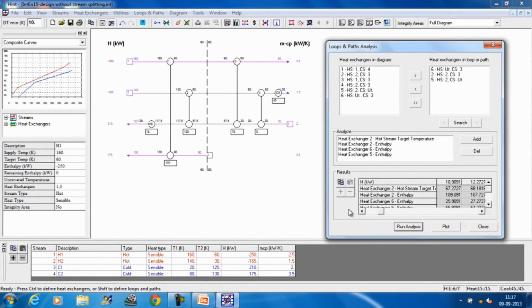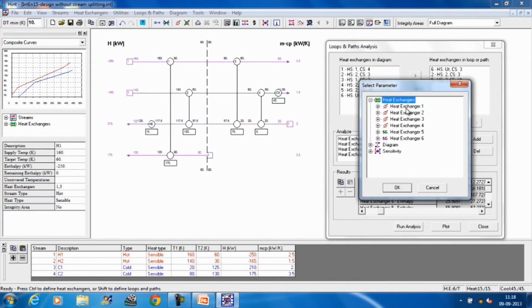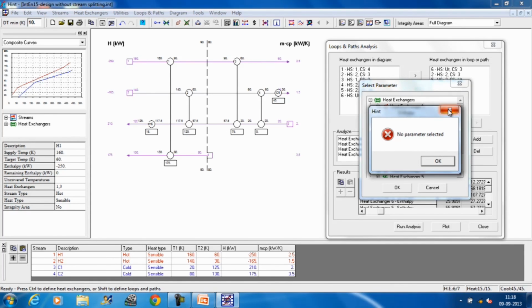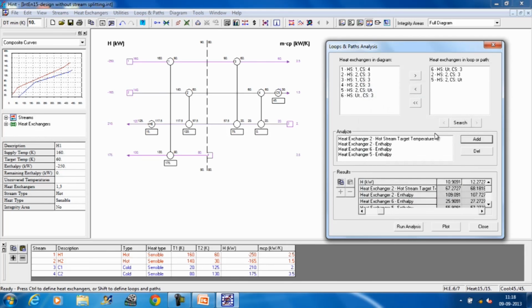So, this way we can calculate the amount of heat which should be added to these heat exchangers and then eliminate the delta T minimum violation. Now, you can also see through this ADD diagram what is the cost, change in cost. You can also see the area and cost of the heat exchangers, how they vary once their loads are changed, and by doing so we can find out whether I am gaining something by breaking this loop and passing heat through the heat path,